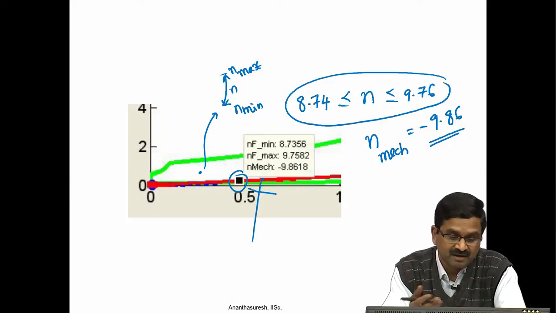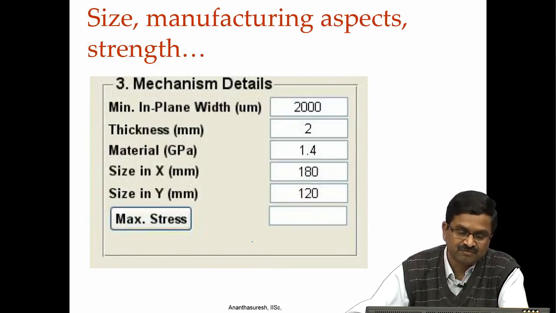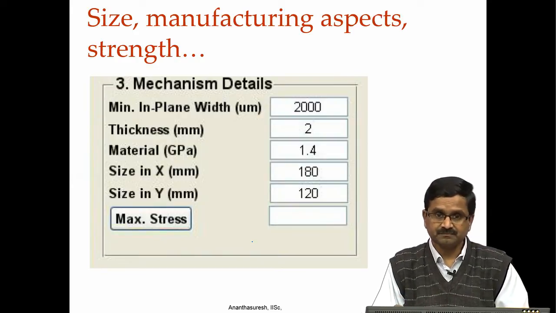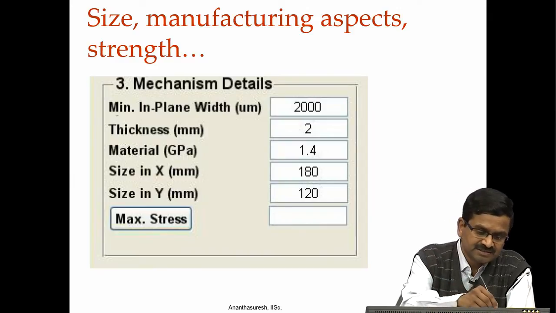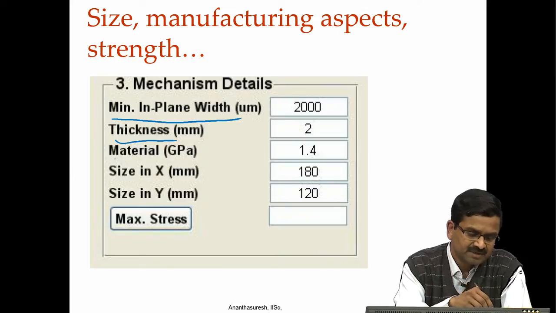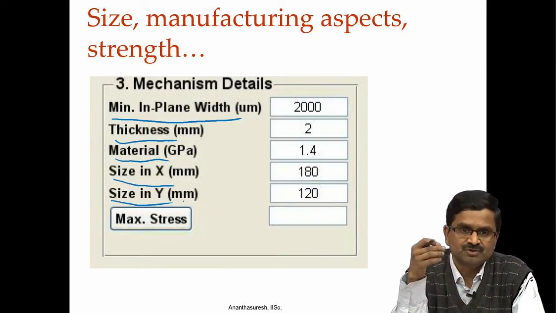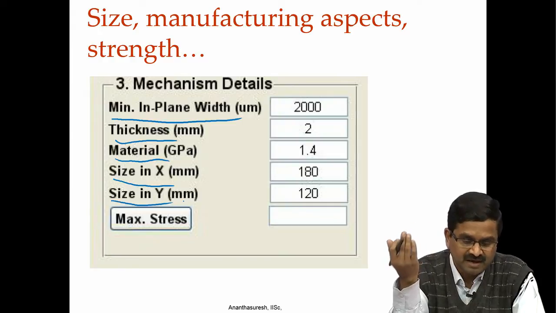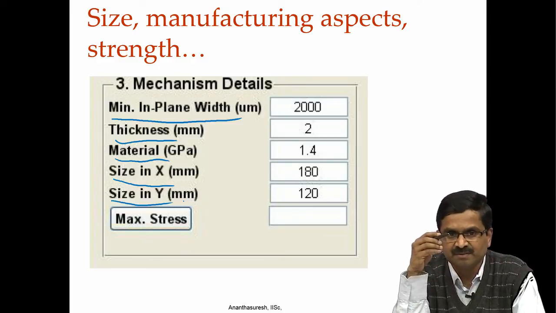So, we can find that there is nothing else inside. Okay. Then what do you do? That is when we try to redesign it. What we do is we try to change a number of things that we had discussed earlier. We can change the in plane width, thickness, material, size in x, size in y, all of those we can change as we wish, and then see if we satisfy KCI KCO, that is, whether we are inside the feasibility map,